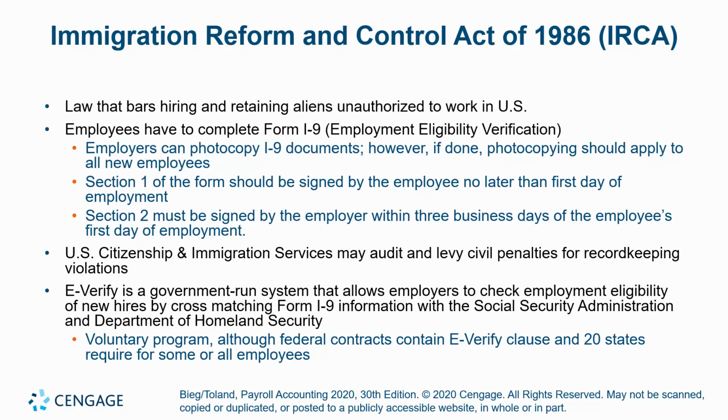In 1986, Reagan passed this act, which bars or prohibits hiring or retaining anybody that's not authorized to work in the United States. And the mechanism, most of you, your whole work lives, obviously one of the first things you fill out when you go in the door, right, is an I-9, right? And it shows that you're either a U.S. citizen, a passport, or I think if you have a driver's license, you have to show something else too, don't you? What else? Like your voter's card or social security card.